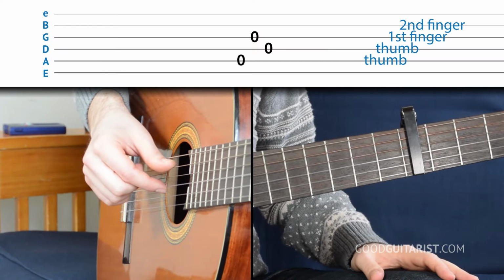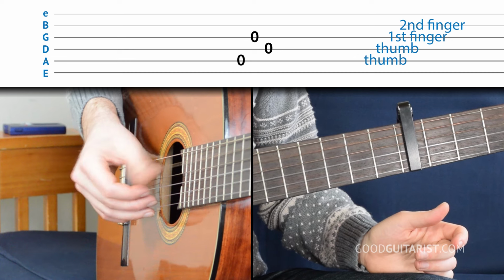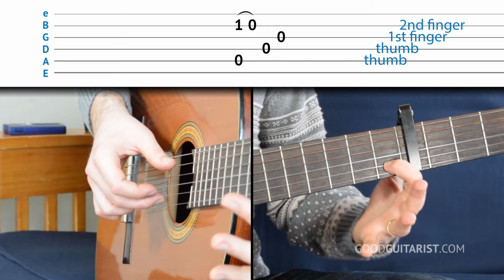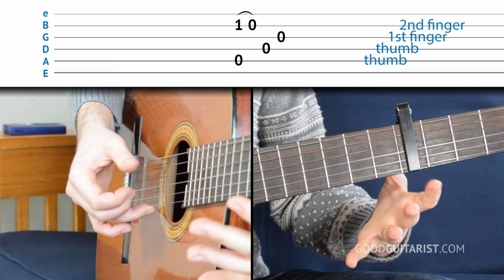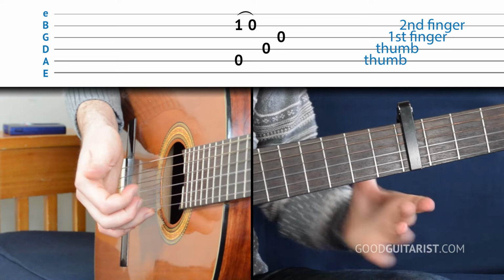And this next part is really easy. We're just playing open strings here, and we're gonna go thumb, index, thumb. So that's kind of like the second half of the picking pattern that we used for the entire song. Thumb, index, thumb. And finally, we end it by playing thumb and middle at the same time. We're gonna press down the first fret here, pluck, and then do a pull off. So, and then we finish off thumb, index. So that last part,